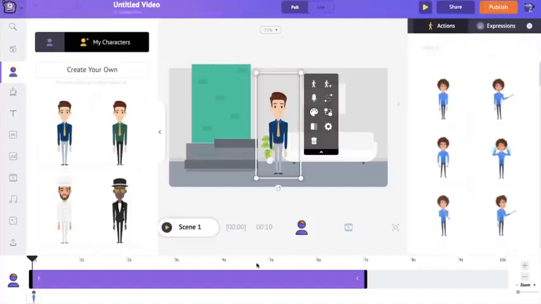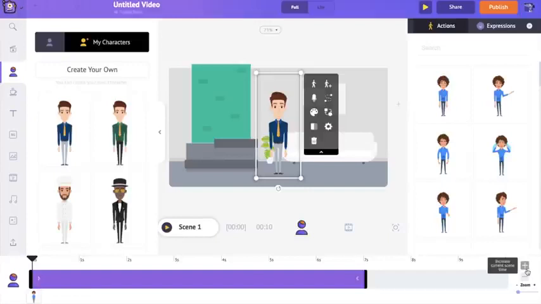So by using this purple bar, you can control the visibility of the character. And you would have also noticed the duration of the scene is 10 seconds. In Animaker, the default duration of each scene is 10 seconds. But if you want to increase or reduce the duration, you can do that by using the options over here. If you click on this plus icon, it will increase the scene time by 1 second. And if you click on this negative icon, it will decrease the scene time by 1 second. I think 10 seconds is more, so I am going to reduce the scene to around 7 seconds.